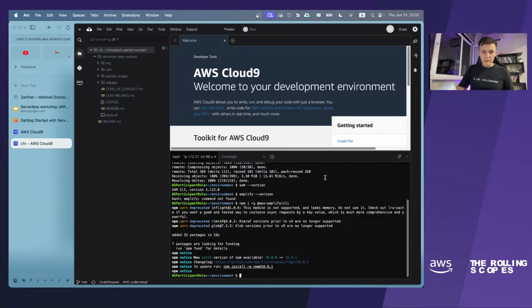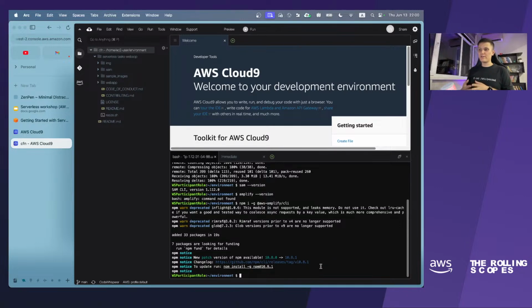Okay, it is installed. So before the upgrade, Amplify was a service providing a list of features to make the life of front-end developers and mobile developers a bit easier.